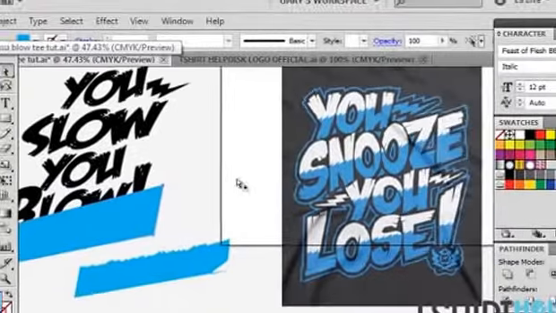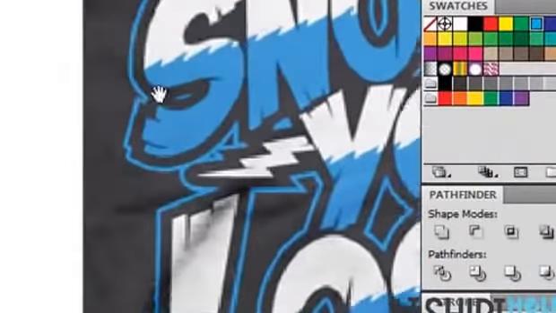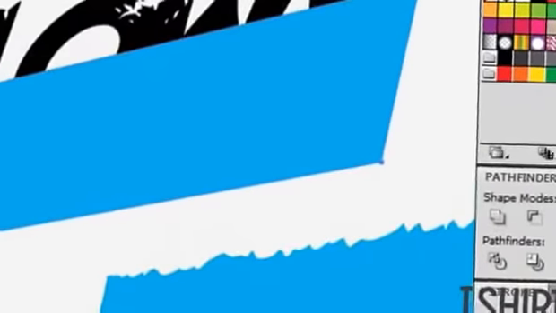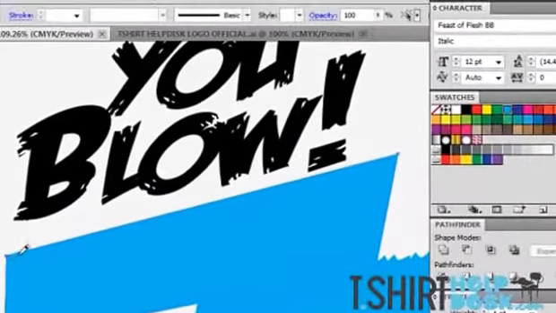And if you look at this one, it kind of has these ridges in it. So I made my own little ridges really simply. I simply went over and took the pencil tool and went right at the top. Now I want mine really jagged and crazy. They don't have to be perfect. But if you look at that,